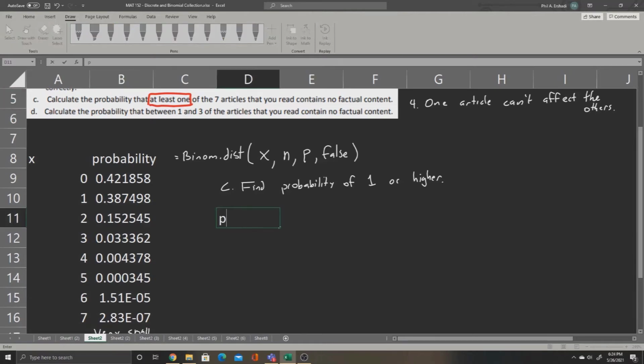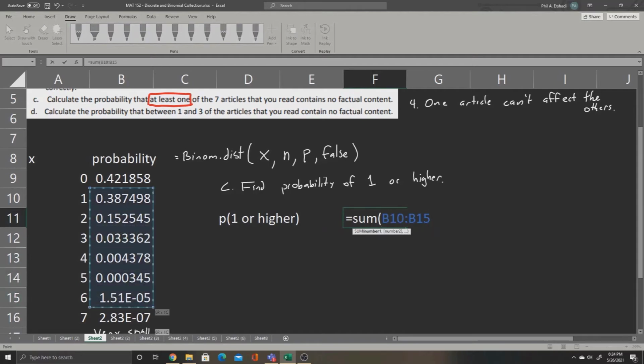We'll say probability of 1 or higher equals sum, and then select all of the probabilities that are connected to the numbers 1 or anything above 1, going from 1 and stopping at 7. Close the parentheses and press enter, and we'll have